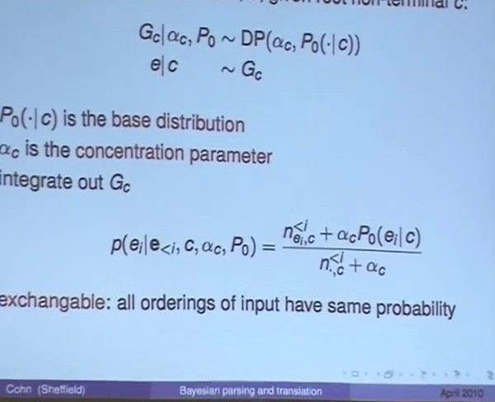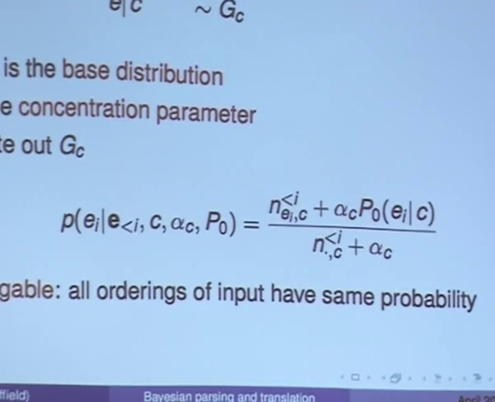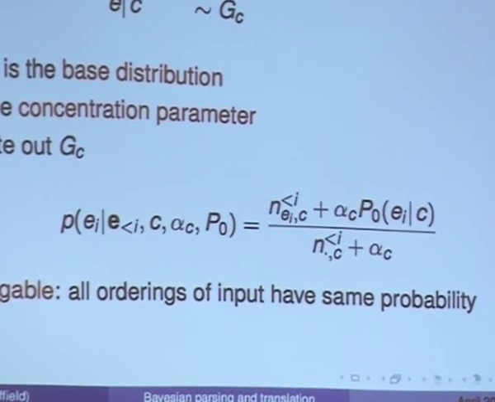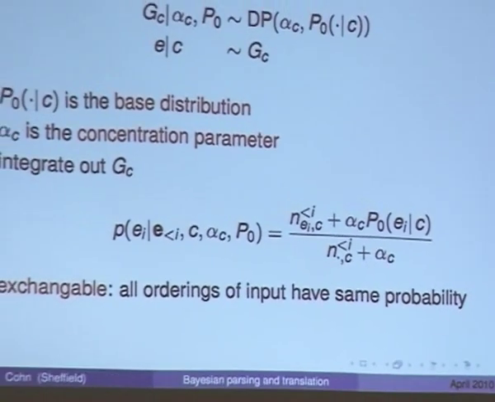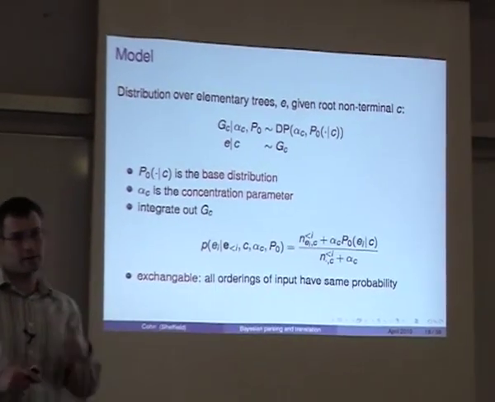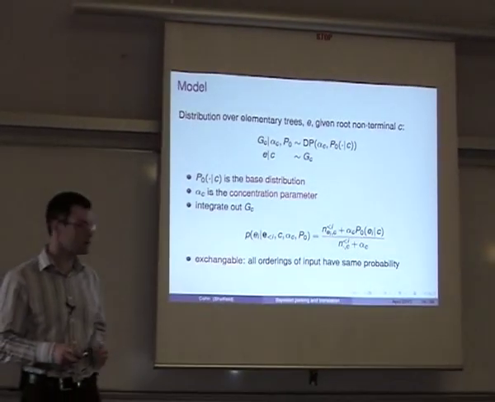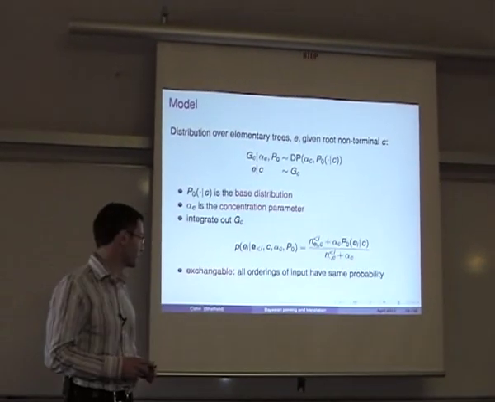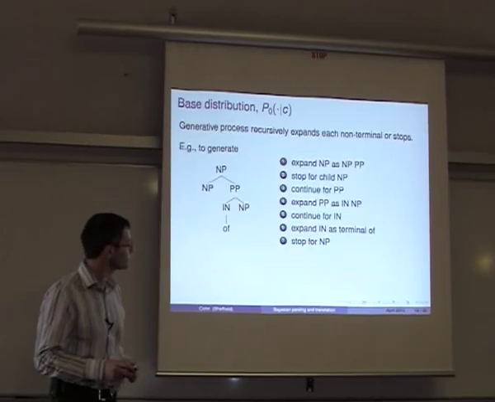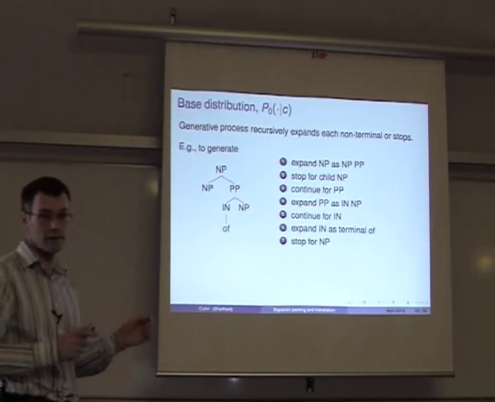And the second thing that's very nice about it is that it's exchangeable. So if we've seen I items, 1 through I, if we see them again, or if we saw them afresh with a different permutation, so maybe we saw the ith one first, and then we saw the first one, then we saw the second one, and so forth, we end up with the exact same probability, which means that we can reorder our data and talk about seeing any item as the last one, and it ends up being mathematically identical. And that allows us to do inference in this system very, very cheaply and simply. So, okay, I'll talk about the base distribution now, and I'll get into inference in a moment.